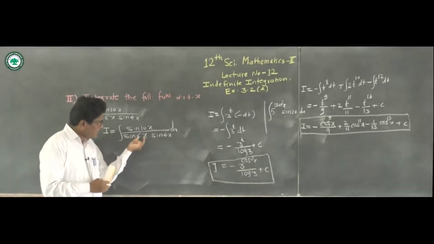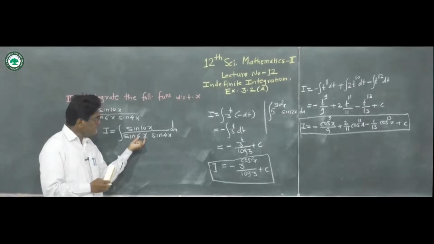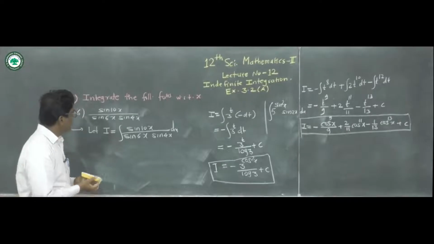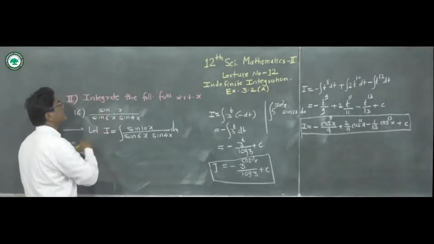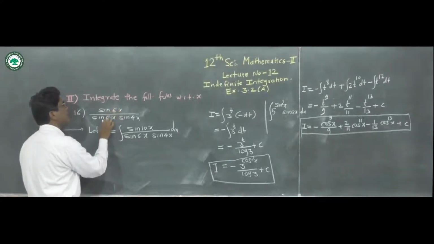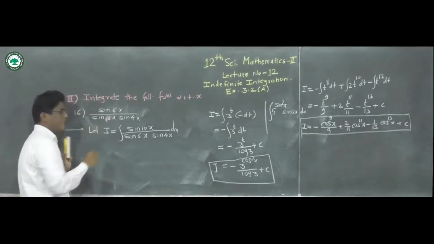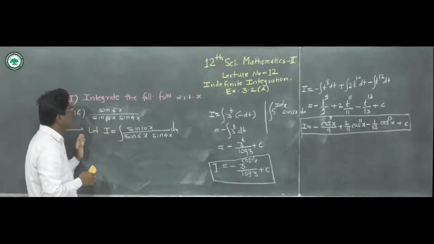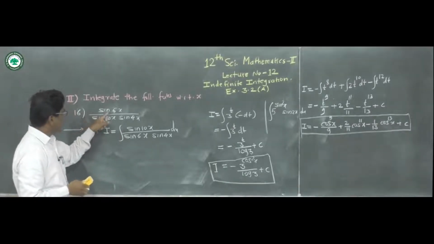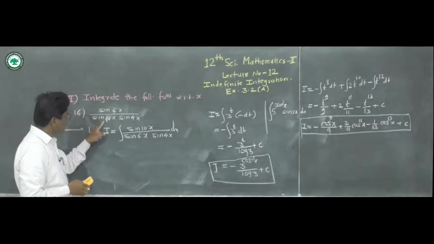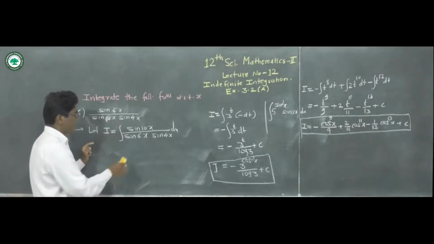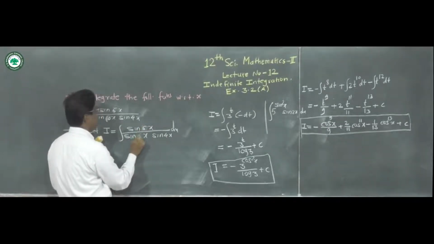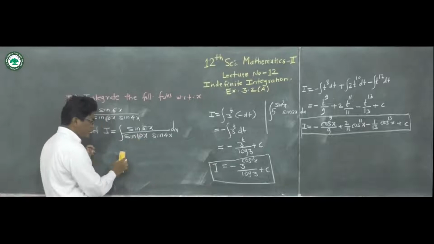If we take here 6x plus 4x, now here in the problem we have given here sine 6x and here sin of 10x and here sin 4x. So correct this problem. So sin 6x upon sin 10x into sin of 4x. Here we take sin 6x upon sin of 10x into sin of 4x.